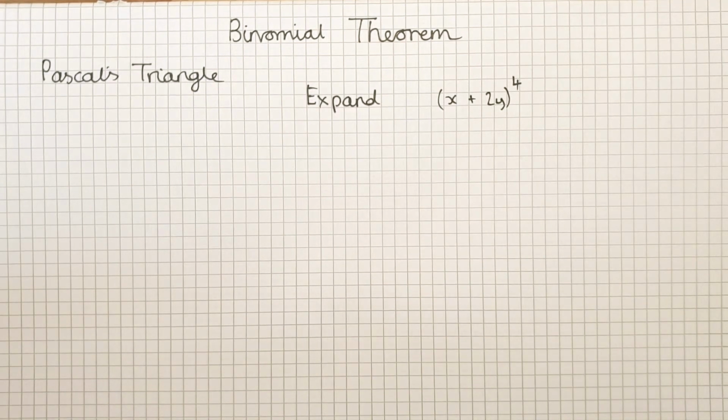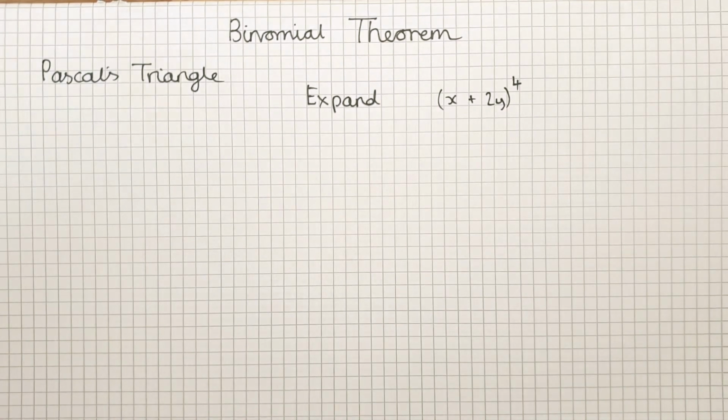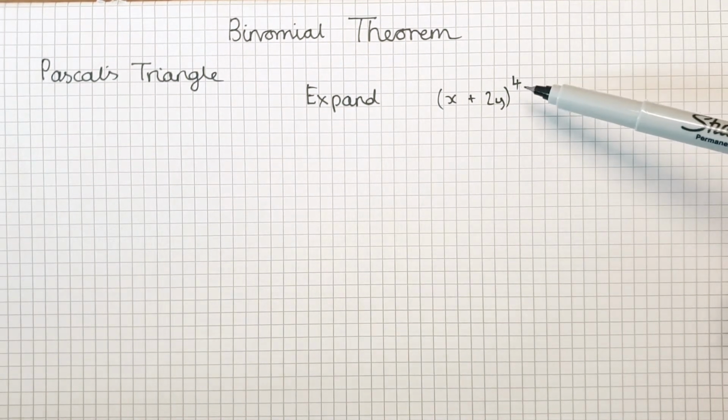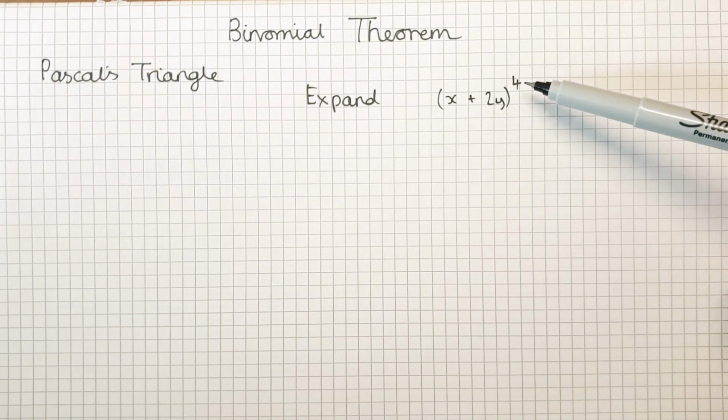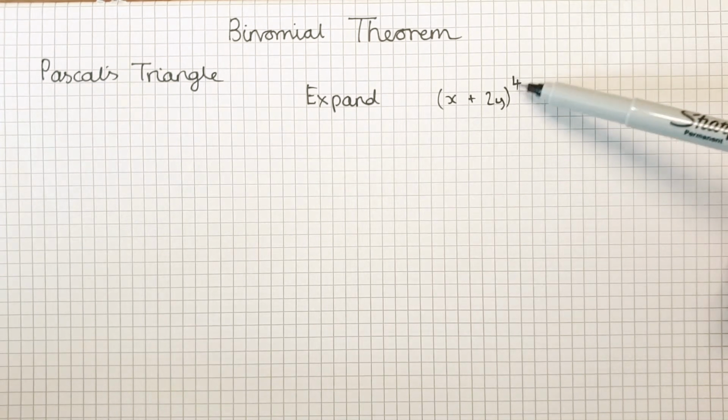So today I'm going to introduce you to Pascal's triangle and the binomial theorem, and we're going to look at how to expand something like this in the brackets here, x plus 2y to the power 4. I'm going to show you how to do it when it's a lower power, and in subsequent days I'm going to show you how to do it, which is a bit easier if there's a larger number here, because this